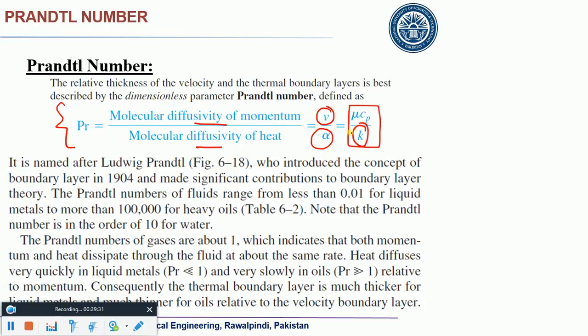So you just need to look at the practical aspect, whether you need higher thermal conductivity, or for viscous flows you need to increase the velocity, and accordingly you would choose that particular material. Okay, so if you need more heat diffusion, more thermal conductivity,